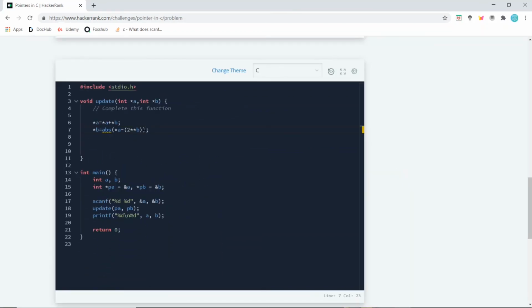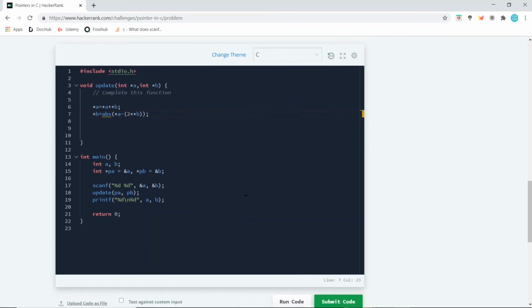Okay, so we changed our code a bit. Here we have taken the input as the pointer values of a, so we have to add the pointer values of a and b, not just simply a and b. So we place a star before everything, before a, before b, before everything. Now first we add, and since we are incrementing the value of a by b, when we take the difference and we store it in b, we have to subtract it two times. So this is 2 times *b. Okay, remember that.